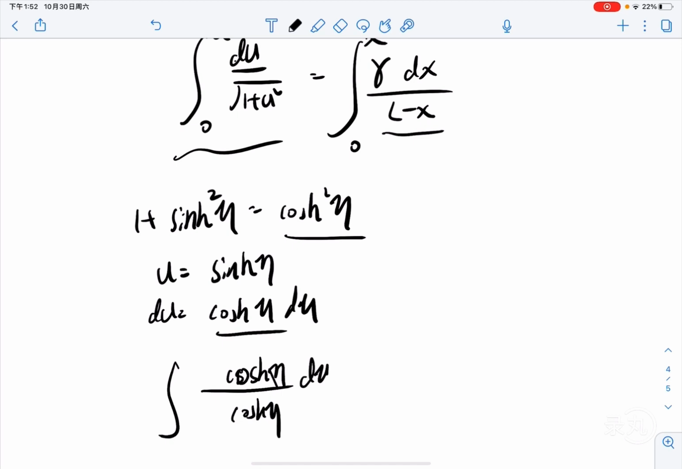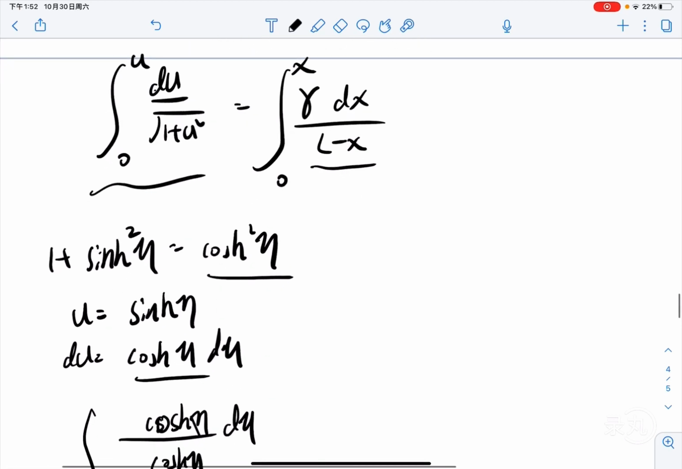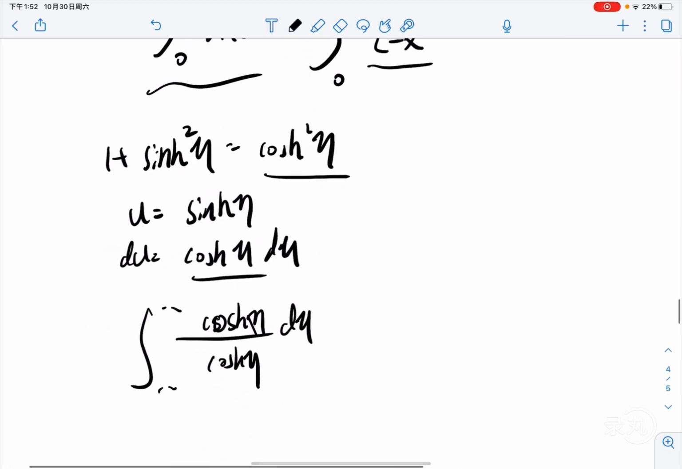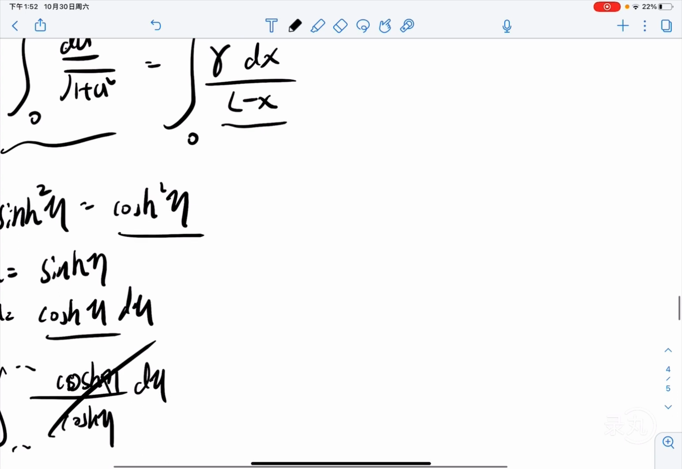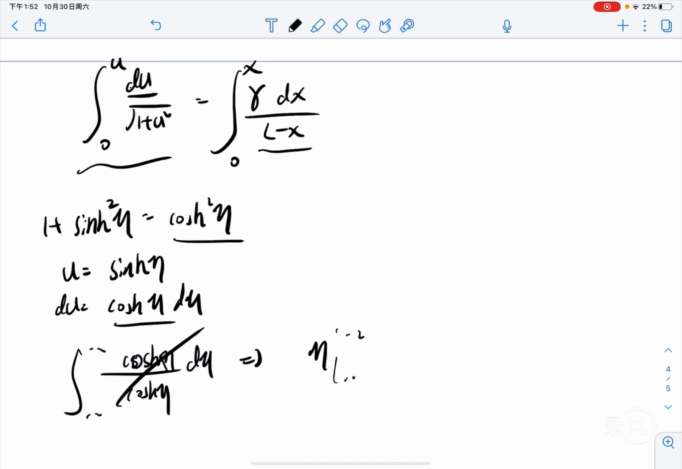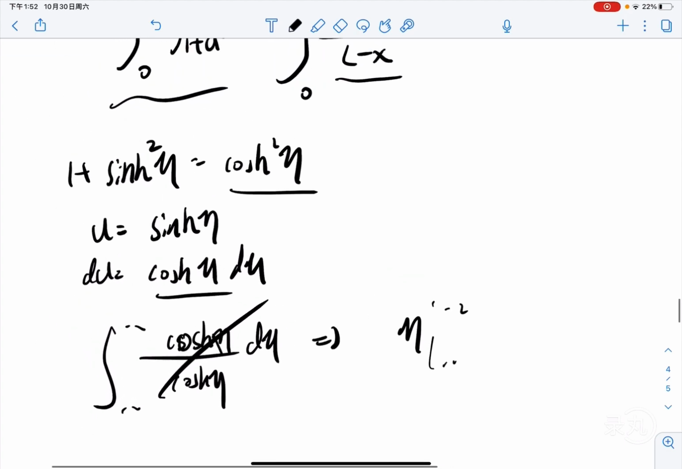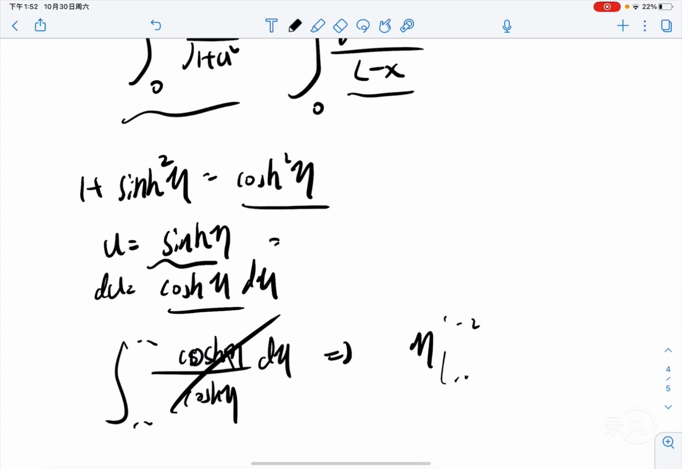And d eta. And from blah blah blah to blah blah blah. And we can cancel the terms out, and it leaves the term to be like eta. And from blah blah blah to blah blah blah. If we substitute back, from this we can see that eta is equal to the inverse of sinh of